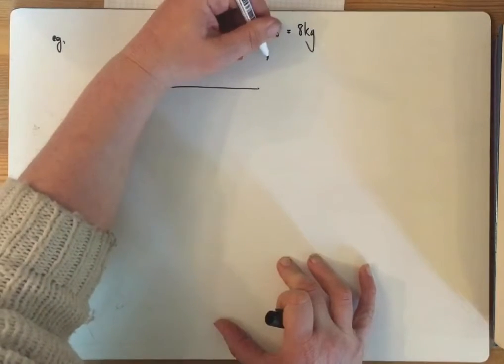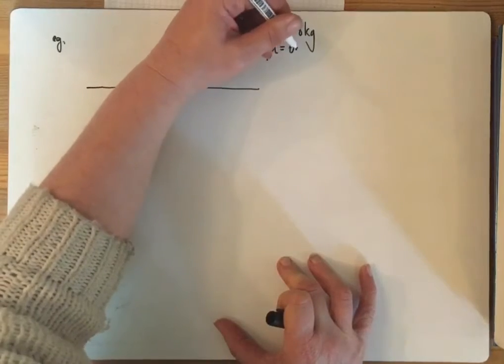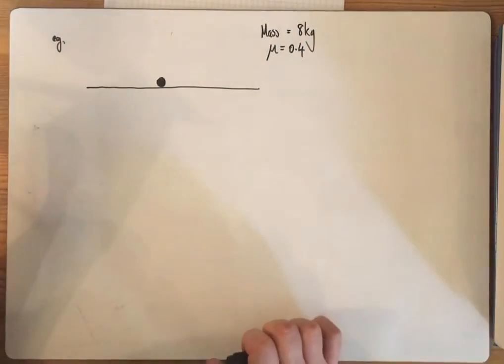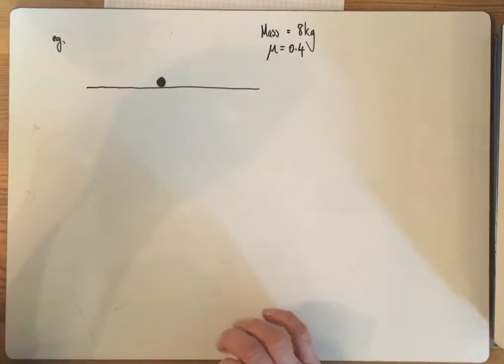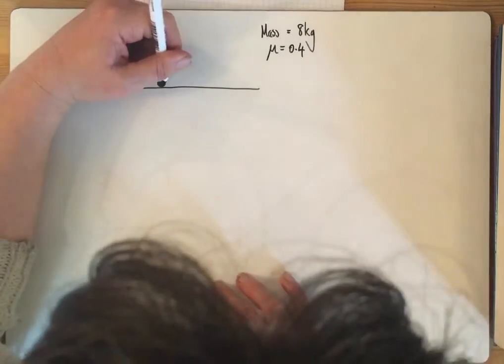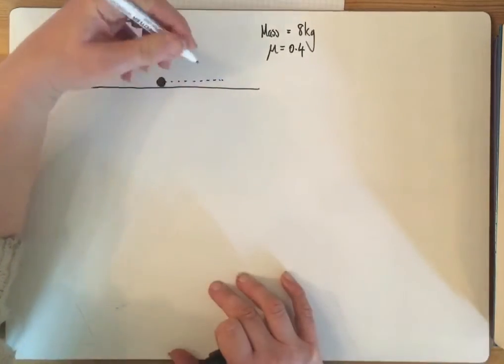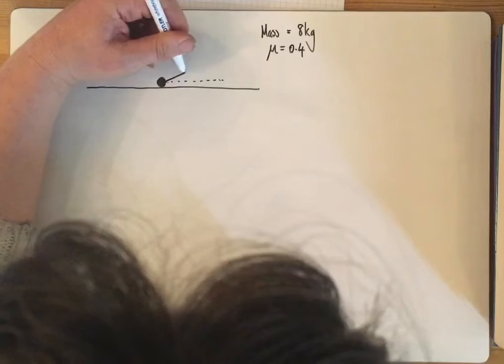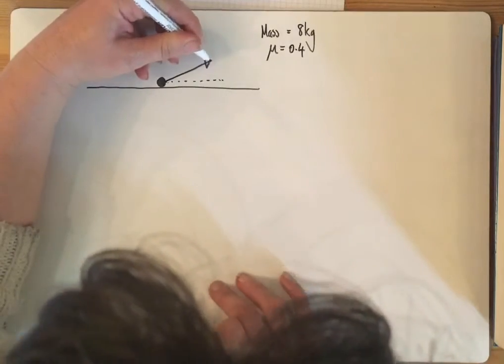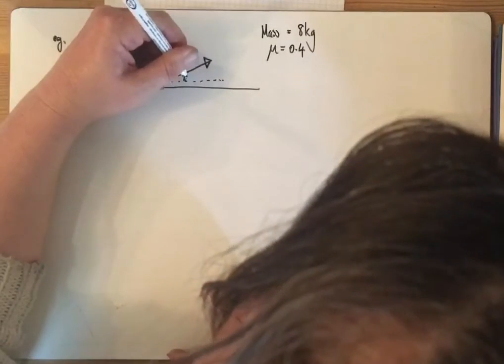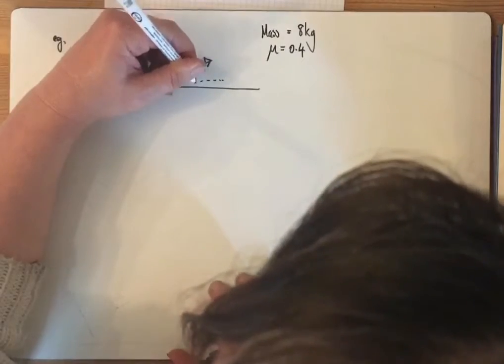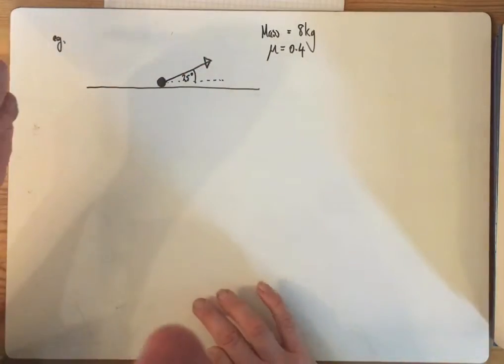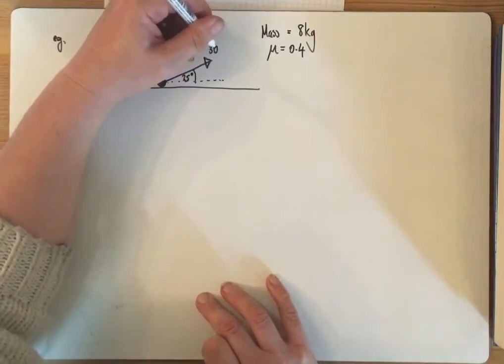And the coefficient of friction is going to be 0.4. And this time, this force is going to be at an angle of 25 degrees to the horizontal. I think you should be able to read that. And magnitude